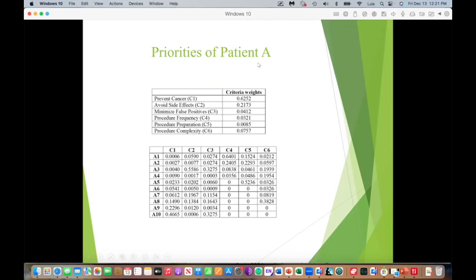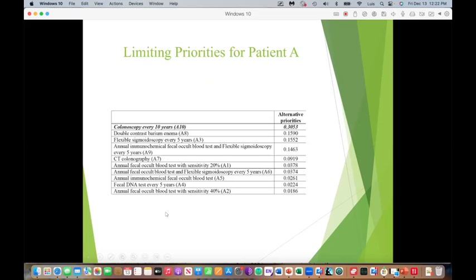These are the criteria for a given patient. And these are the priorities that this patient assigned according to criterion 1. This is how the patient preferred these alternatives. And I'm going to show you the alternatives. The alternatives are colonoscopy, double contrast barium enema, and so on. So these are the solution for that patient. Okay? But the question is, if I change the criteria weights,